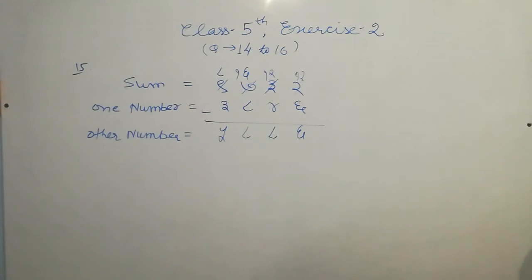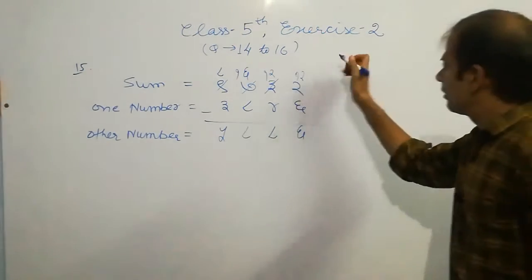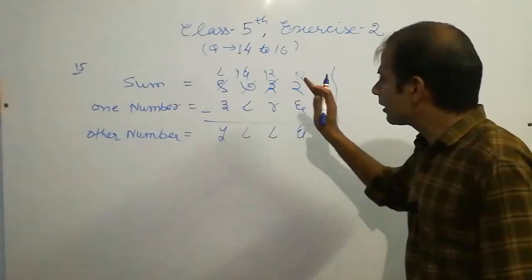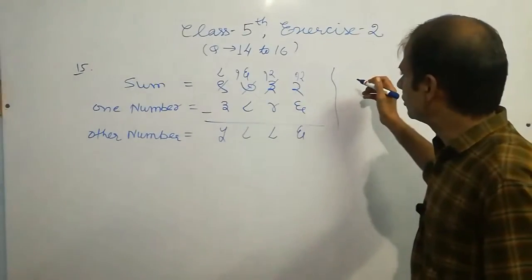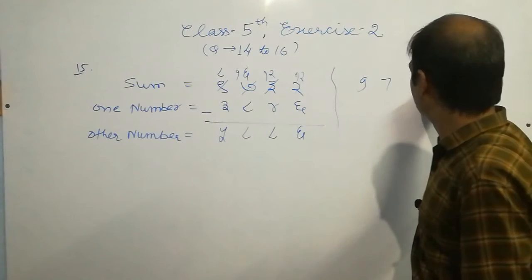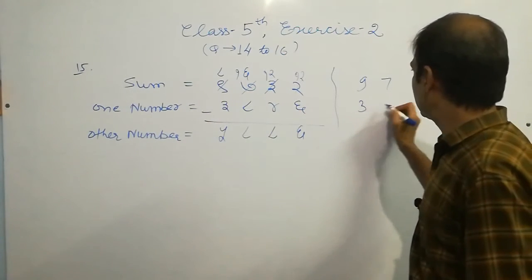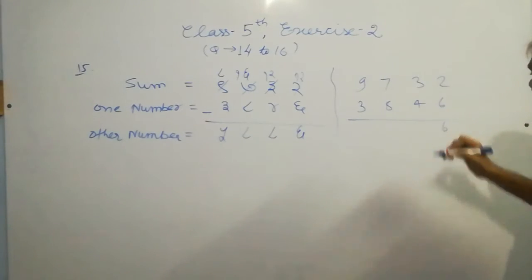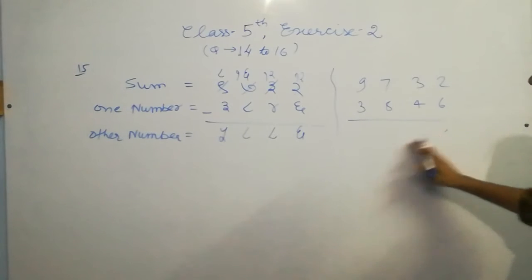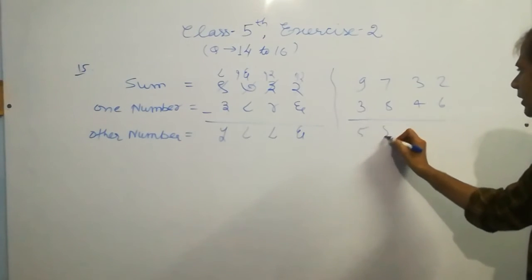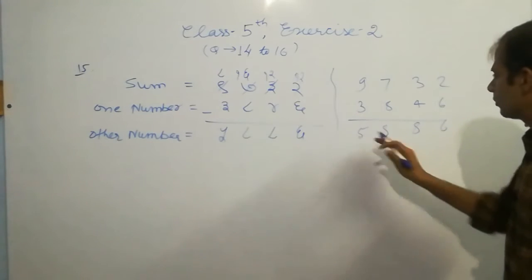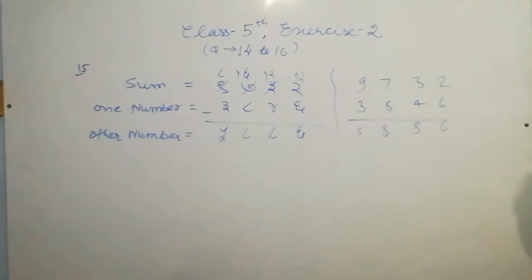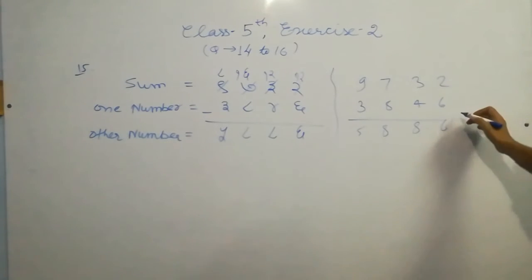Now see, listen carefully. We can check if we convert these numbers into international numerals. So it is 9732 and this is 3846. Now perform subtraction. This is 12 minus 6, 6, and okay, write the answer, then check. It is 5886. So I hope you can check this. Okay, our answer is correct.